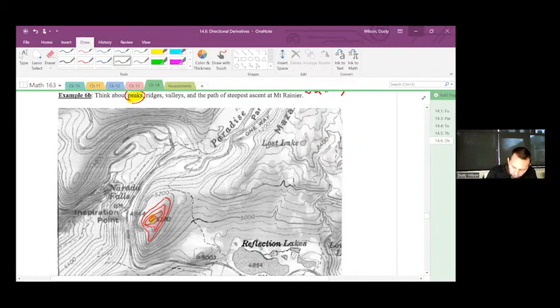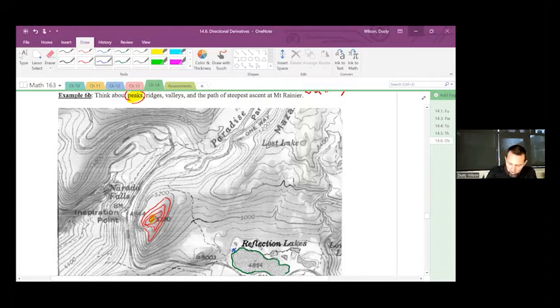Notice that you have Reflection Lake. It should come as no surprise that around a lake you have no change in height, right? Same contour line everywhere. And if we started from the lake, we could ask, where would the steepest ascent take me? I could go from the lake and just kind of pick a direction. Maybe we'll go this direction,